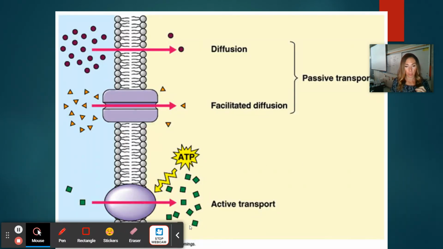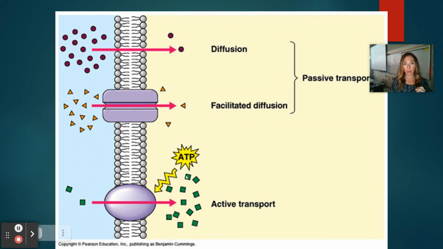I lied. I wanted to add these last couple of slides. So here's kind of a diagram for you to add to your notes about what that would look like, right? So this is my diffusion. This is my facilitated diffusion, both passive, right? But this is using that transport channel. And then active transport is going to use the ATP. So we'll go back and cover those in just a second, but I did want you to have those 2 diagrams there. Looking at, again, I'm moving down the concentration gradient. So I'm going from high to low,